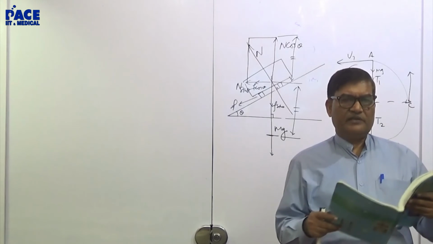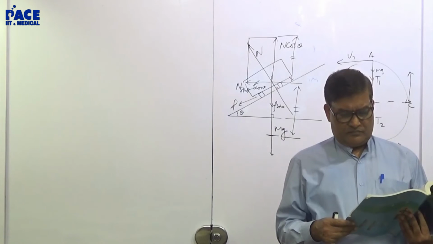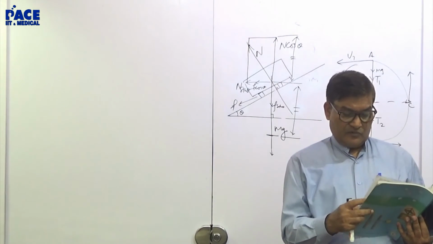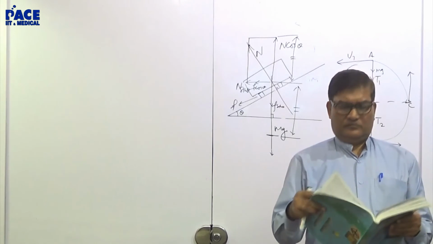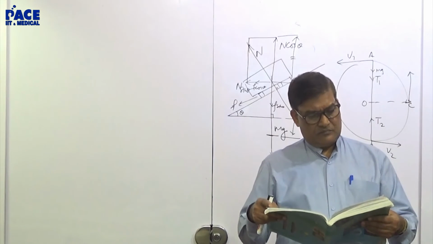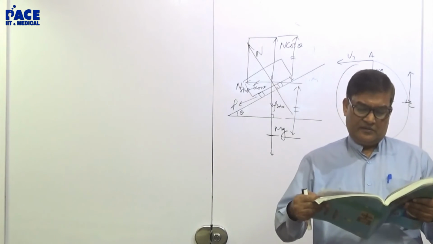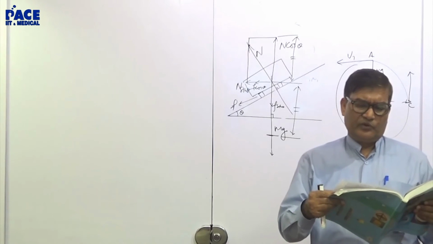Then chapter 17, the topic 17.12, the diagram of experimental setup. Then threshold frequency, threshold wavelength, stopping potential,